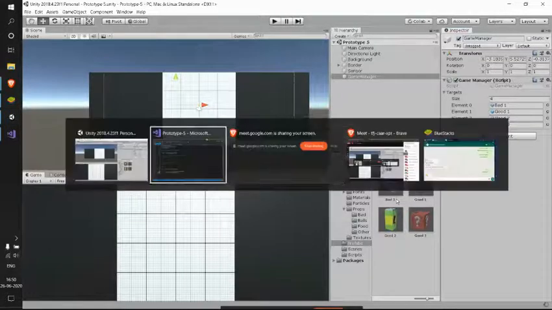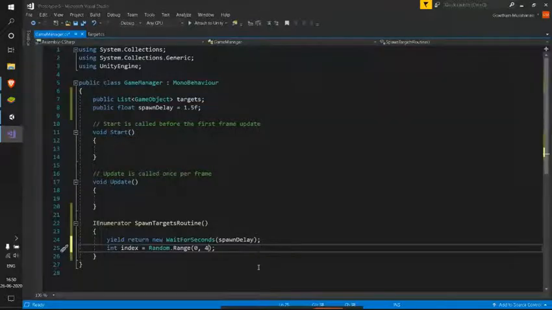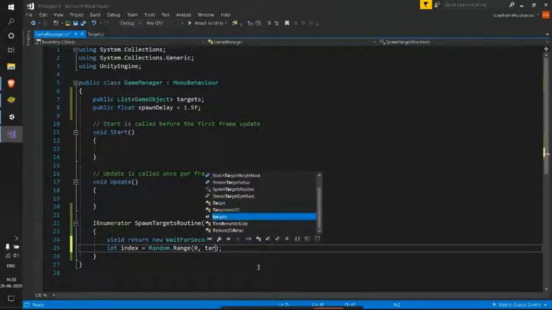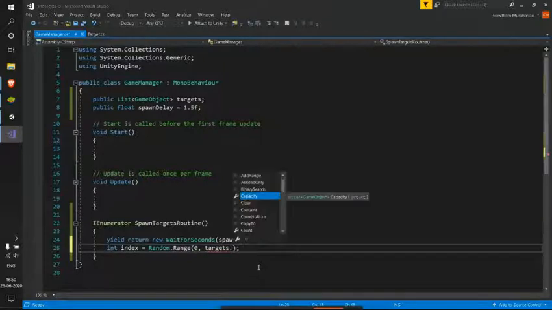But this is not the thing I want. I want my code to be even better. Say if I later change my list such that it contains 5 elements, I must come back to this code and change this, right? So I don't want it like this, so I'll be using targets. Here, in case of an array, we have seen that to get the length of the array we used array.Length, whereas in our case, in this list, we'll be using the list name dot Count. So let's see what it does.